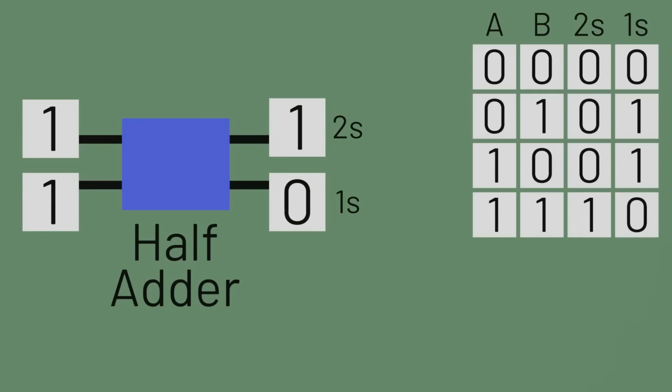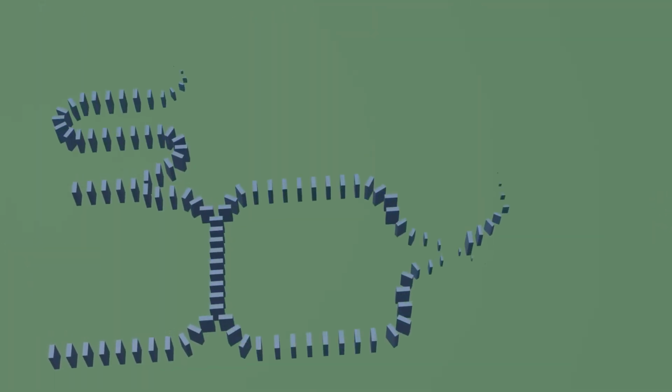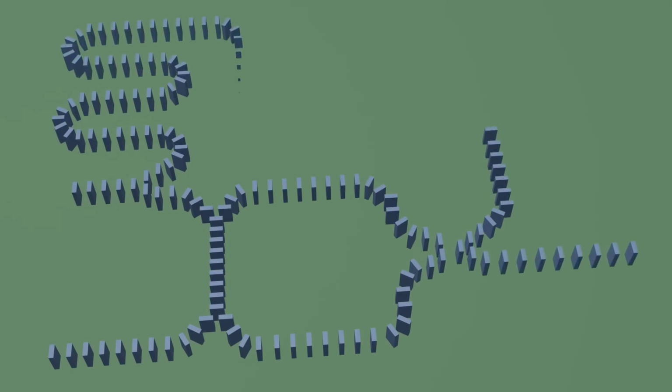But notice the pattern here. The 2's place output is a 1 only if both inputs are 1s. That sounds like an AND gate. And the 1s place output is a 1 if either input is a 1, but not both. That sounds like an exclusive OR gate. So by combining the ideas from our domino AND and domino exclusive OR gates, we can create a domino half